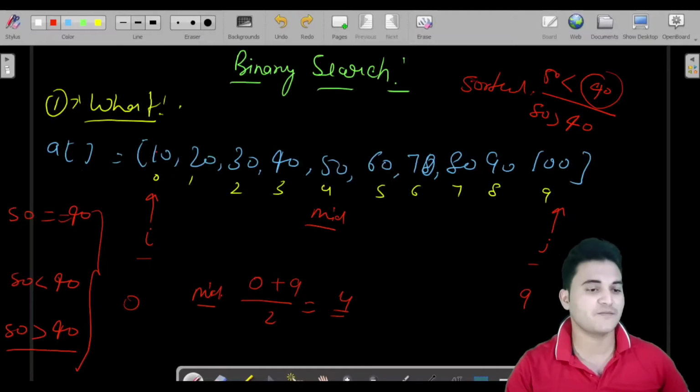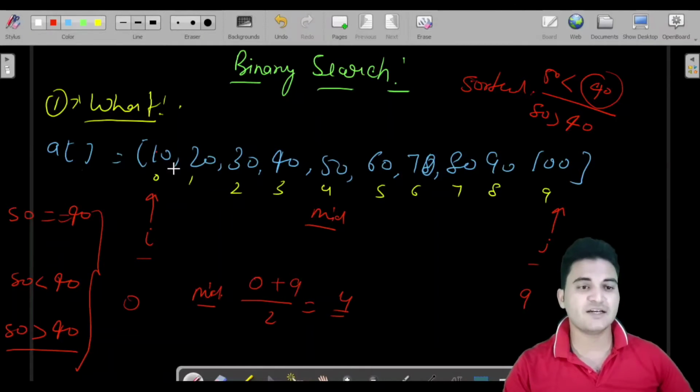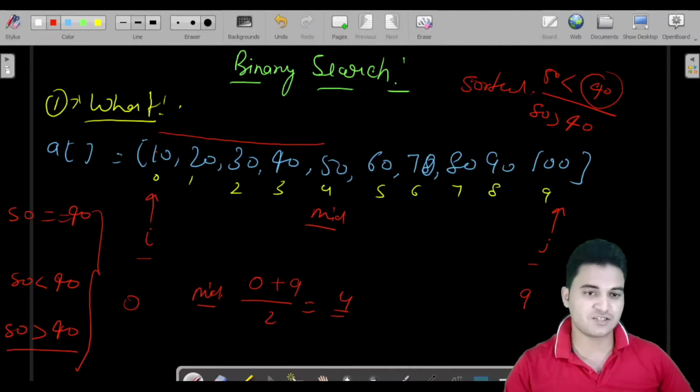You can see here, if 50 is greater than 40, that means, let us say the array is already sorted and the mid element is greater than 40, the element for which you are searching will always be in this range. If your mid is greater than 40, the element will not be inside these.